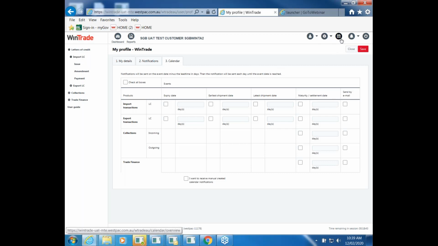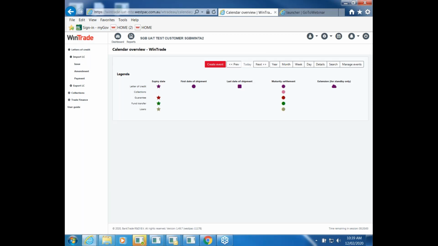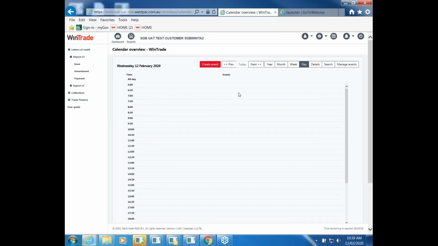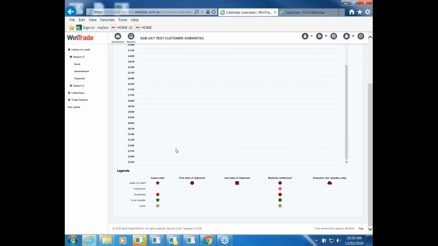So the calendar is here. It's the third icon at the top, and it gives you a calendar function. Now you can set it for days, weeks, months, year. Now if you were doing it for today, for example, if we scroll down to the bottom here, you'll see the individual items here,